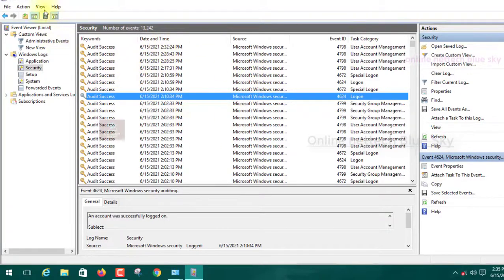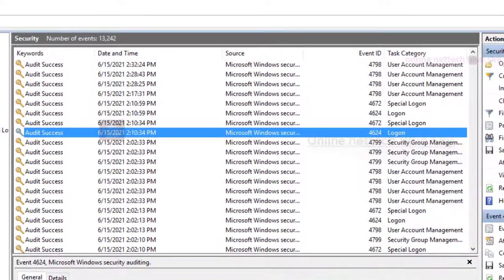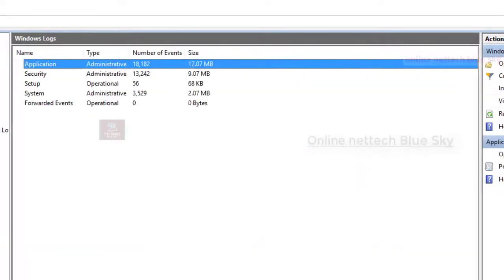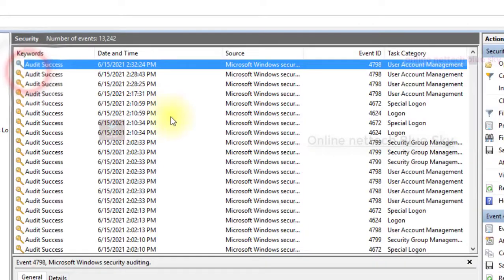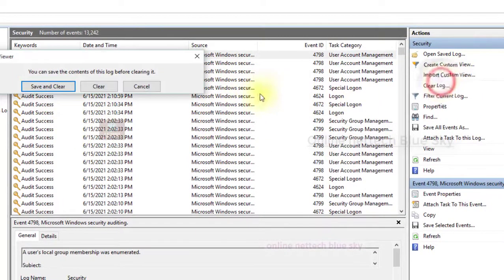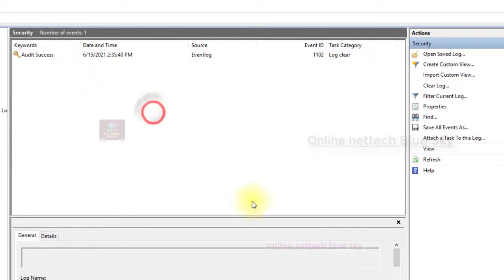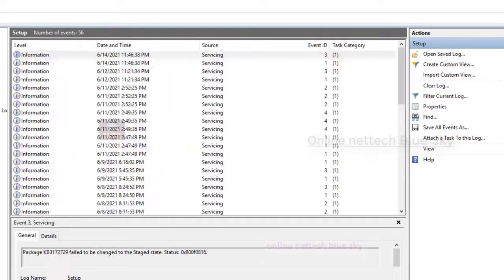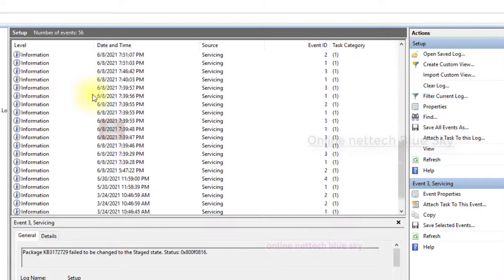Okay, audit area. So this is how a computer ethical hacker catches a hacker. First come here, inside security, and this is all the data. Clear log means everything is cleared. So clear means my log is cleared. And setup, you can see this is setup showing me related information.